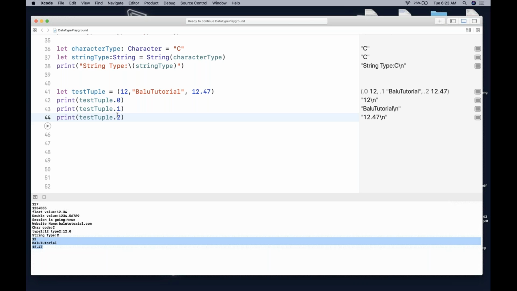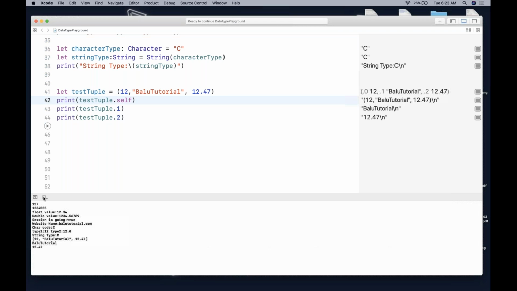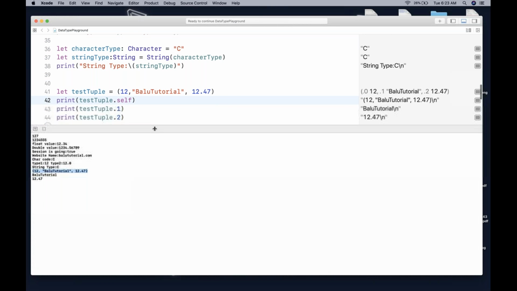Why do we have that option self when we print out the tuple, test tuple 0, then we have self there? Dot zero. Instead of 0, you can print it as self. Everything, na? Yeah, see here. I hope your doubt is clear. Test tuple dot self means it prints all the components in a single shot. Okay. Got the point? But generally we are not going to use this one, because tuples are going to be used